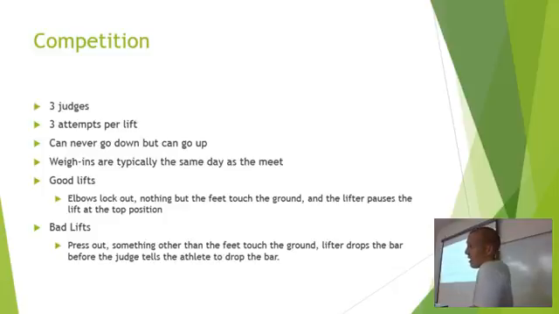So you can go 3 for 3 on snatch and record your best. You go 0 for 3 on clean and jerk. Then the total that you put down is going to be whatever your best snatch was. But you can never go down in weight. This is something a lot of people don't understand. Let's say your starting weight for a snatch is 100 kilos. You can never say, while you're in the warm-up area and the competition has started, I want to jump down to 98. Or if you say, I want to go up to 105, and then suddenly 105 doesn't seem like the right call, and you want to jump down to 103, you can't do that. You can only go up or stay the same.